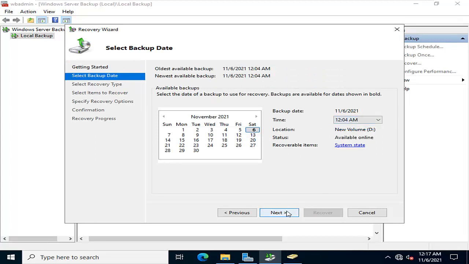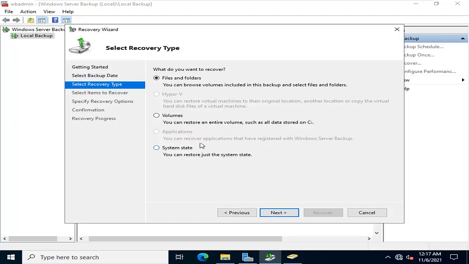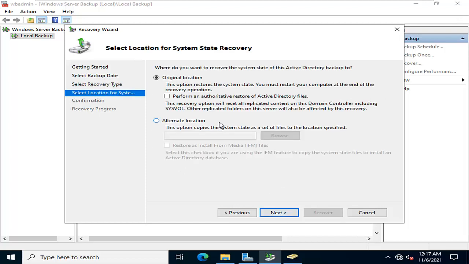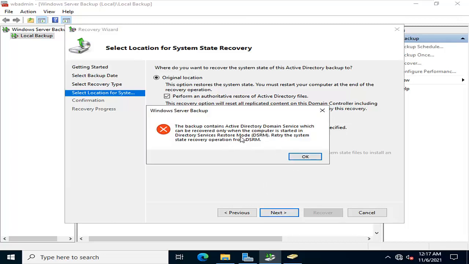Click on next. Here is the option of what you want to recover. I want to recover the system state. Click on next. Original location. Click on the preferred option, authoritative restore of Active Directory files. Click on next.